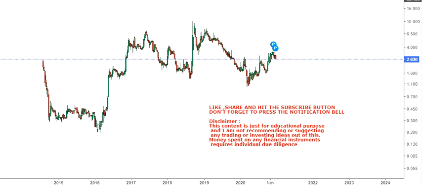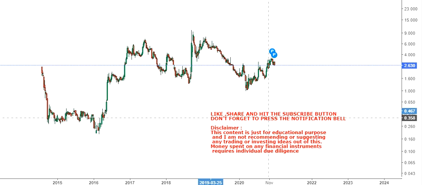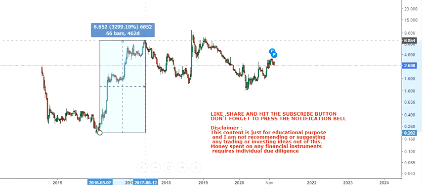Friends, in this video we are going to discuss the weekly chart of Newage Inc. Now, first understand the overall construct of the chart and then we will discuss the levels. As you can see here, after a consolidation in the later part of 2014 and the entire year of 2015, the stock started moving up from 2016 and it has risen by